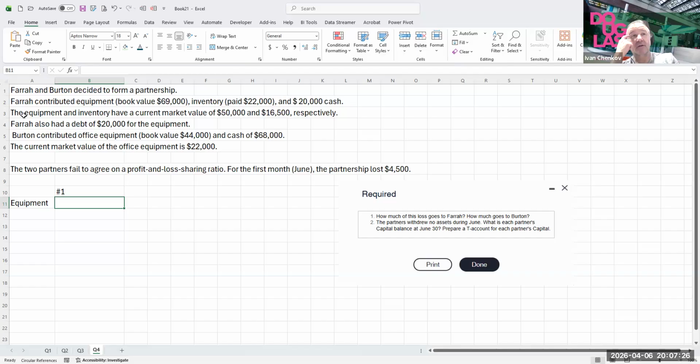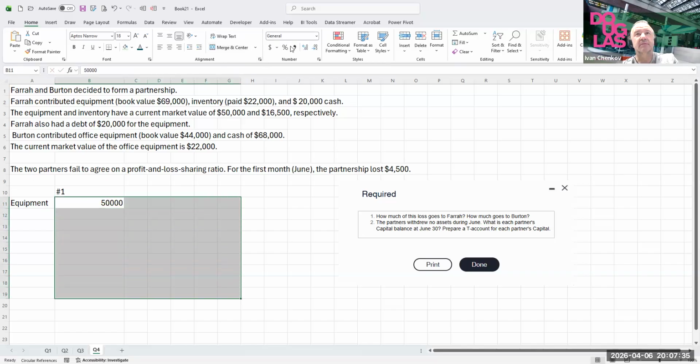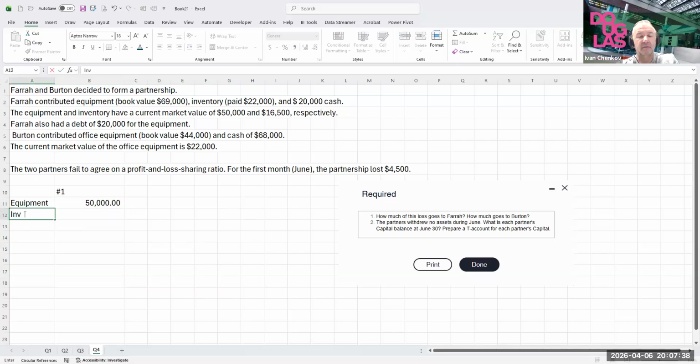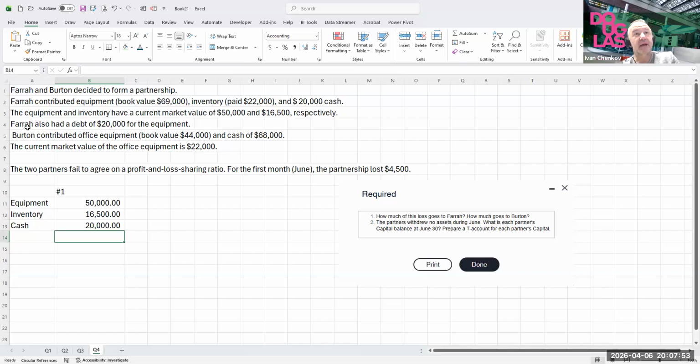We're chasing the current market value. The current market value of the equipment is 50,000, and inventory fair market value 16,500 respectively, and cash is cash. Fair market value of the cash is 20,000. That's not going to change. Now, they also had debt on the equipment for 20,000. So accounts payable, they also contributed accounts payable, that's negative 20,000. Okay, great. Second person, number two,